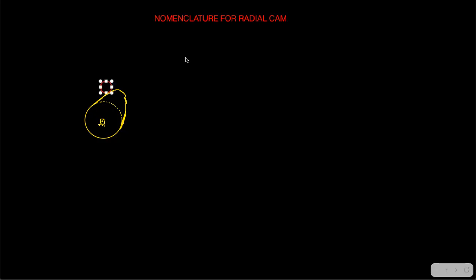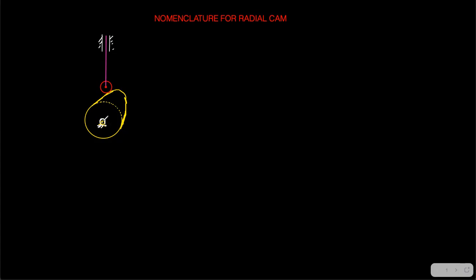The roller follower also has a center, so this is the center of the roller follower. And it is translating, right? The roller follower is translating up and down as the cam is rotating. Then you have the fixed portion, this is the fixed link. All the fixed links I will draw with the same color to avoid any confusion. This is also a fixed link, so here also I am using white.